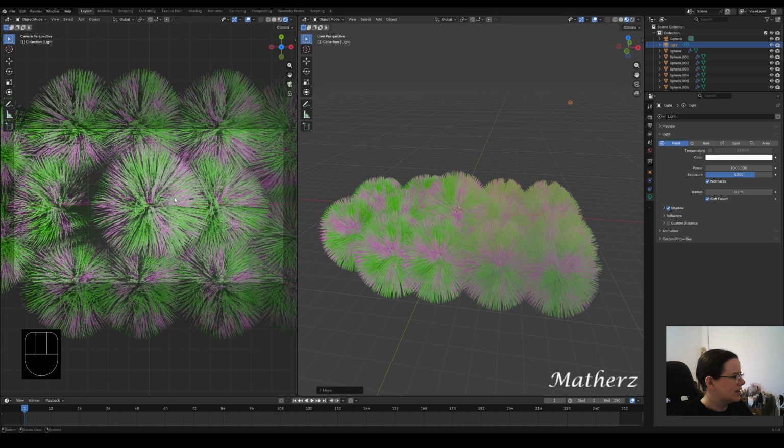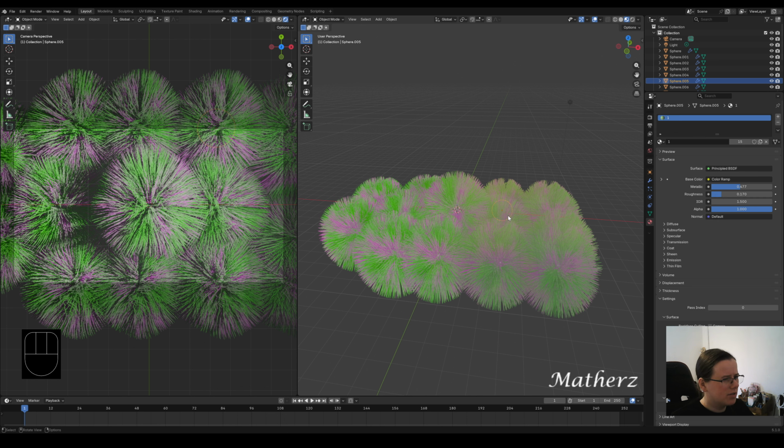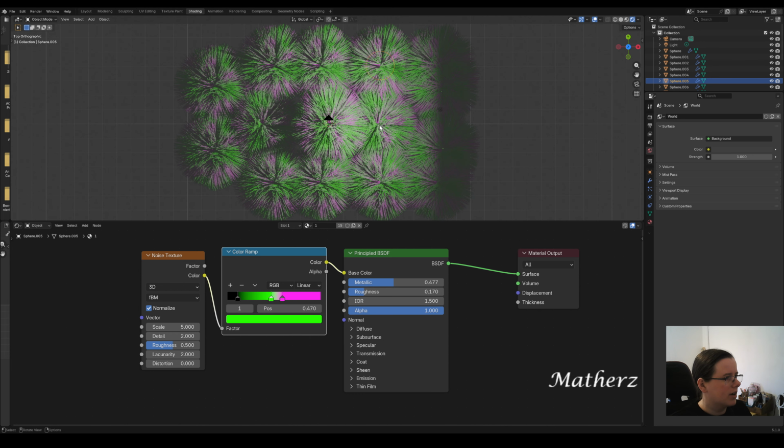So we kind of got these nice little pom-poms, but to be honest with you, I want to change the tone of them a little bit more. So I'm going to go ahead and go back to the Shading tab. We'll take this Seven to Heaven kind of bit right here. Let's go ahead and duplicate this particular material right here. We'll press 2 on here to make this a different material. Change this from pink